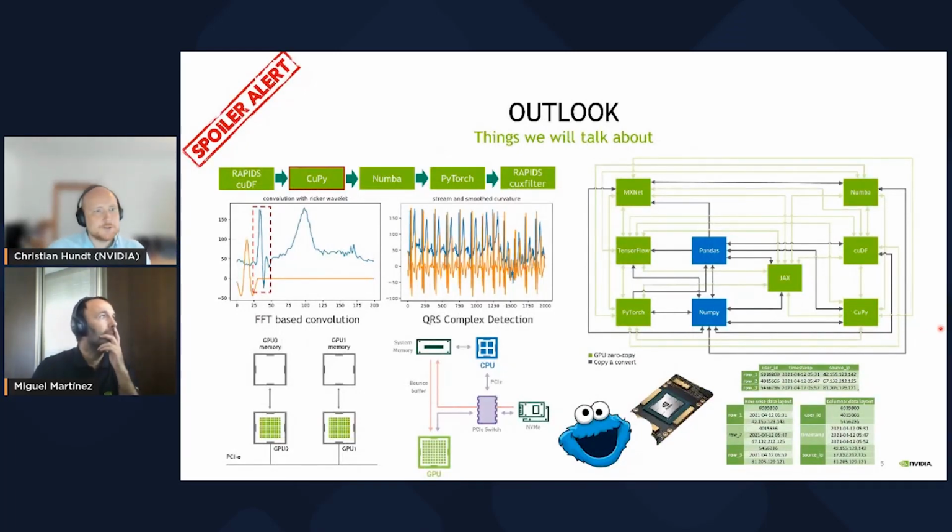We will start by introducing such an end-to-end pipeline for basically outlier detection of heartbeats. Then we will discuss how data has to be copied in between those frameworks. And on the right, you see a nice overview of how this can be done. And we talk about that in detail. Miguel will dive down on memory layouts, memory management, memory pools, data conversion. And in the very end, we will discuss hardware accelerated copying using RDMA to basically avoid the CPU while copying data back and forth. And okay, let's start.